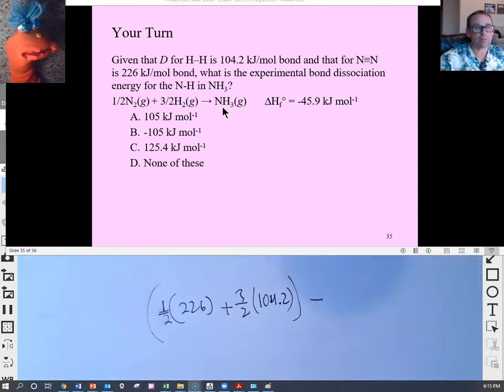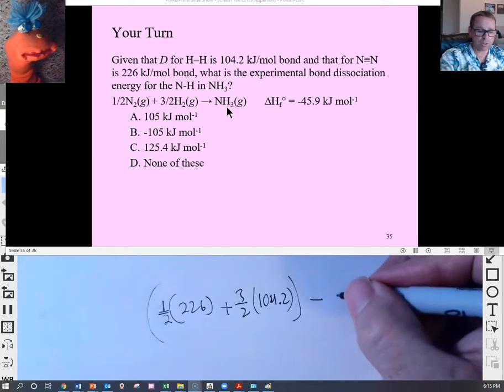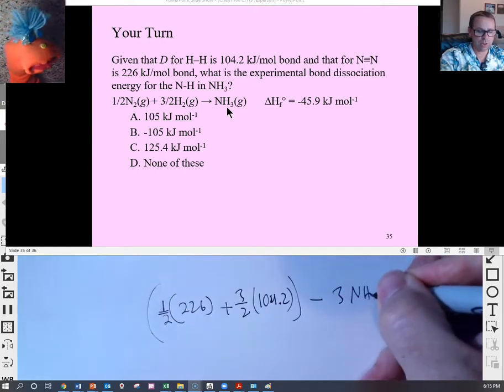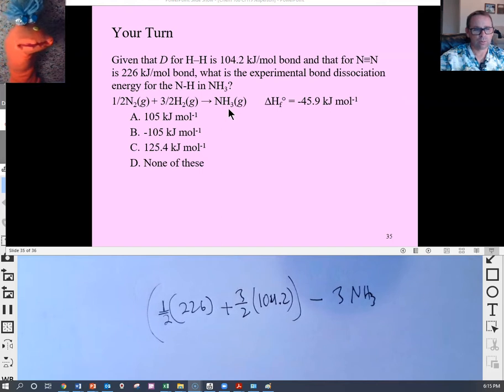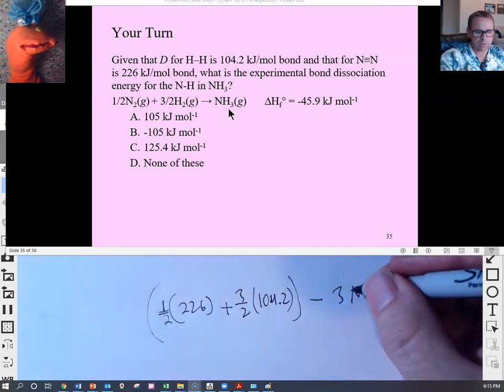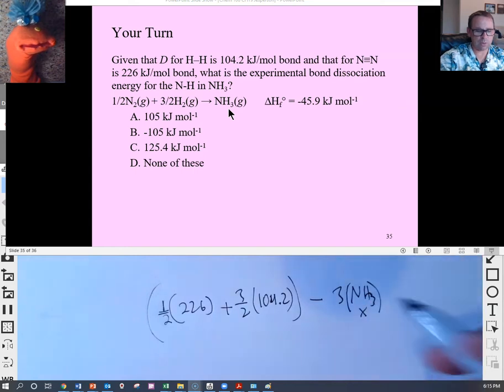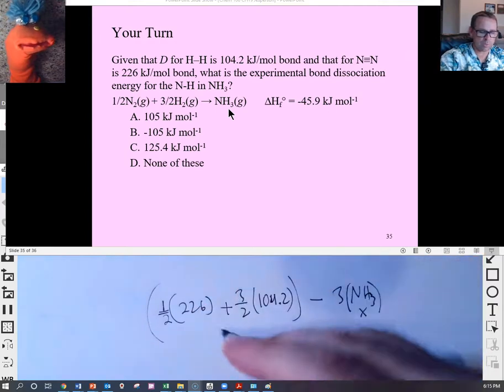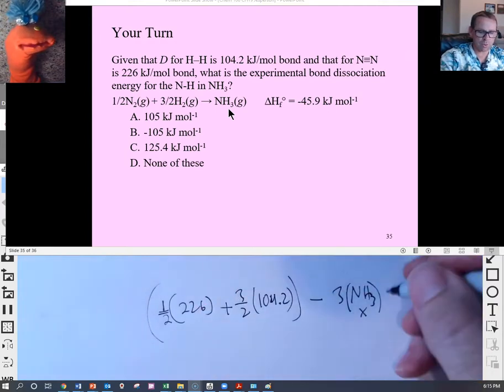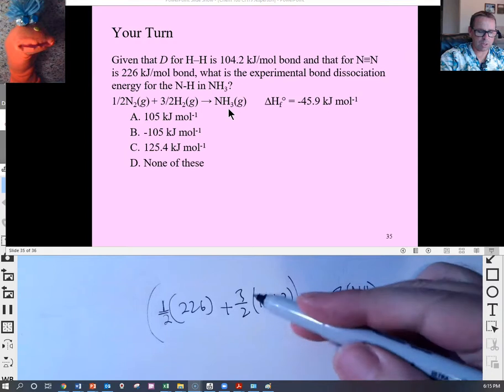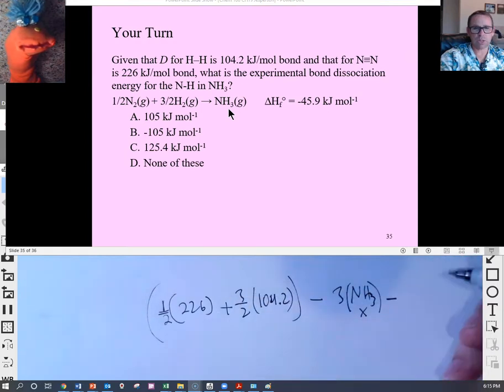Minus bonds formed. There's 3 of these NH bonds. Can you see that? Because it's NH. Yeah, I can see that. 3 NH bonds. I don't know what the energy is for, we could call that our X variable, right? There's 3 of these X's. Bonds broken minus bonds formed, because again, these are our positive bond dissociation energies, will equal this negative 45.9